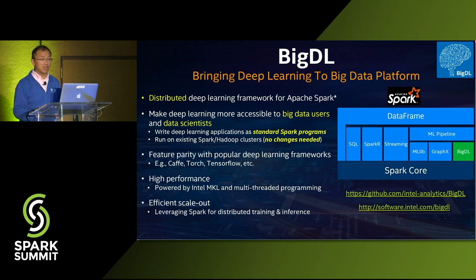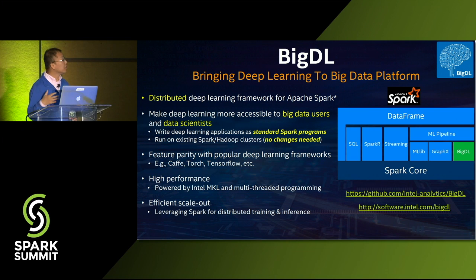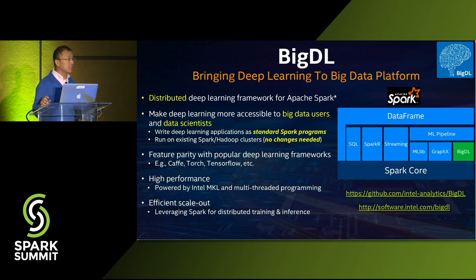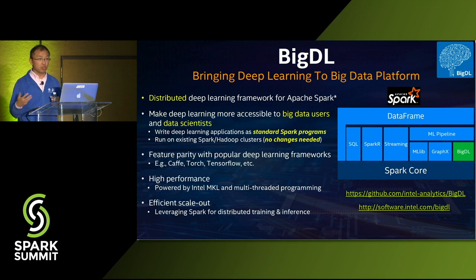So if you are familiar with Spark, you should know there are various different components or libraries inside Spark, like SQL, R, streaming, MLlib, and so on, which all play very nicely with each other and can be integrated as a coherent pipeline or solution. And BigDL is actually implemented as a standard library, just like MLlib and so on, so that you can use BigDL as a standard Spark library in your Spark programs and add deep learning functionalities to your big data